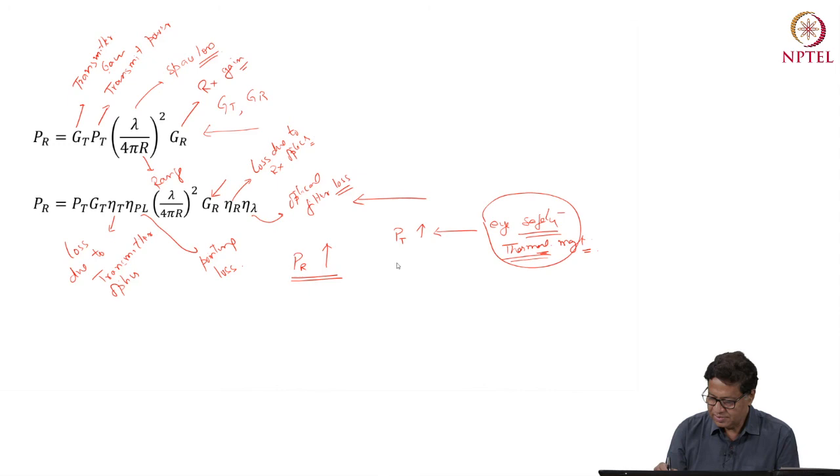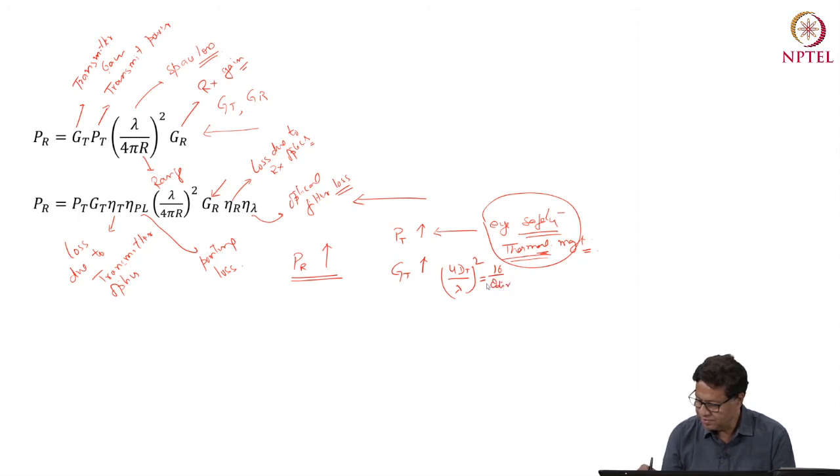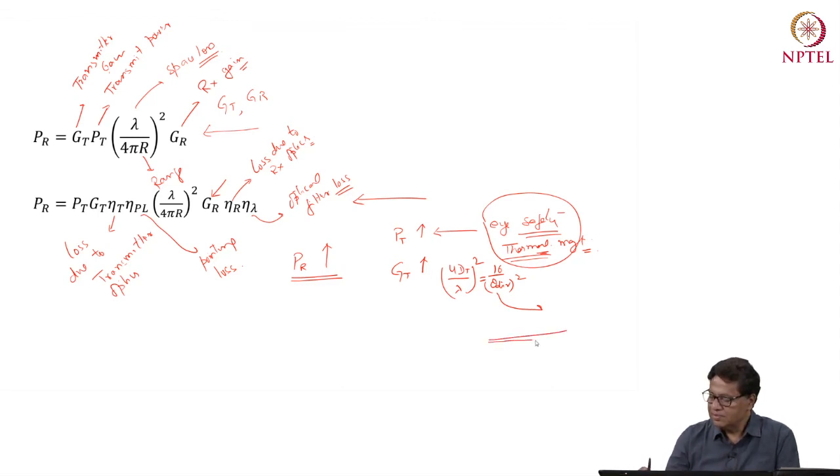The other option is I increase GT. As we know, this GT is equal to 4 pi dt divided by lambda whole square, or this is also equal to 16 by theta div whole square. So if I want to increase GT, that means I have to decrease theta divergence. Theta divergence meaning I have to make the beam very, very narrow. If I make the beam very, very narrow,